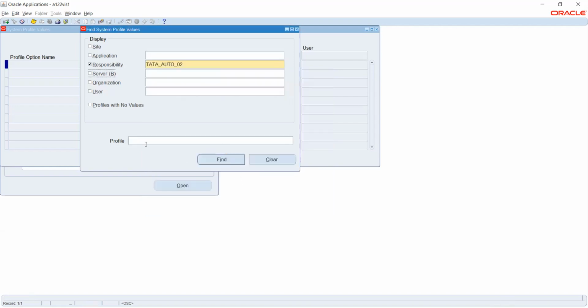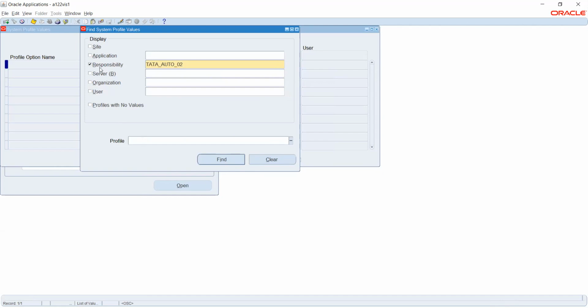Okay. So now I'm not giving any profile. The reason is that I wanted to see what profile options are being granted to this responsibility. I don't want to check any specific profile option, but instead I want to see the security or access that has been granted to this particular responsibility,